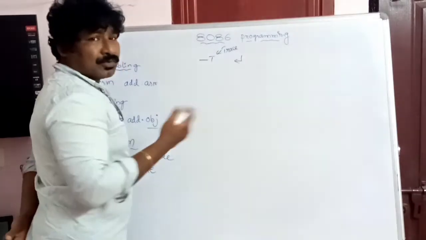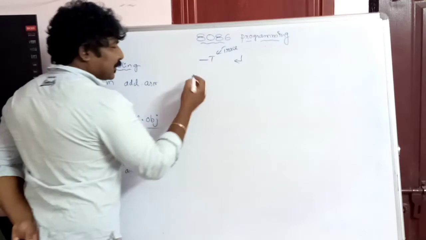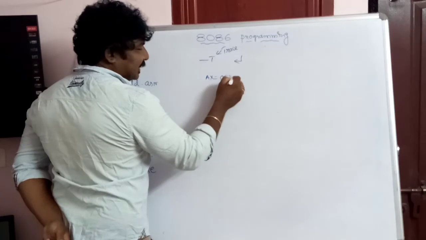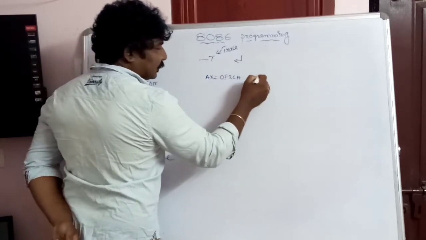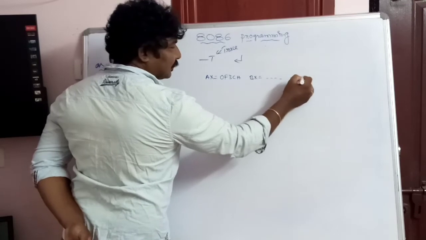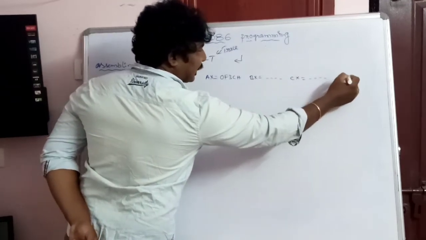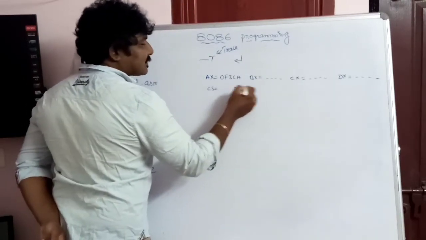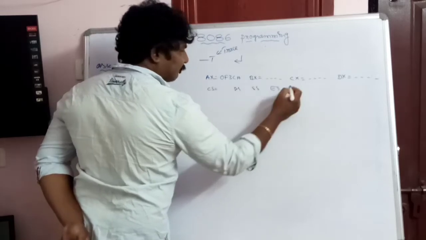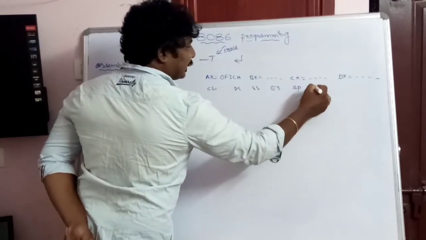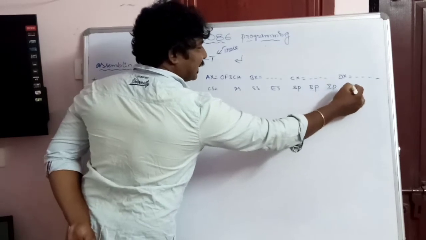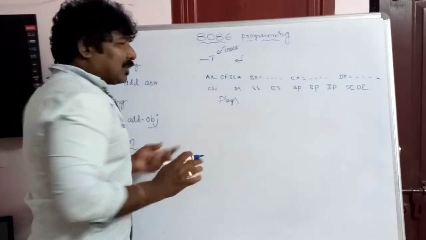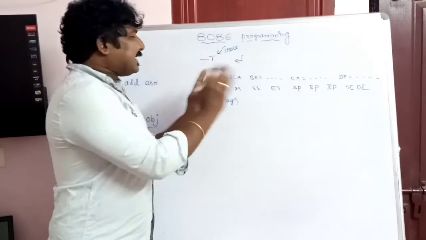So what does it give? It shows the contents of all the registers. It displays something like AX equals some value, say 0F3CH, then the BX value, a 4-digit CX value, a 4-digit DX value, then it prints CS, DS, SS, ES, then SP, BP, IP, SI, DI and flags. You can see all the information of all these registers.